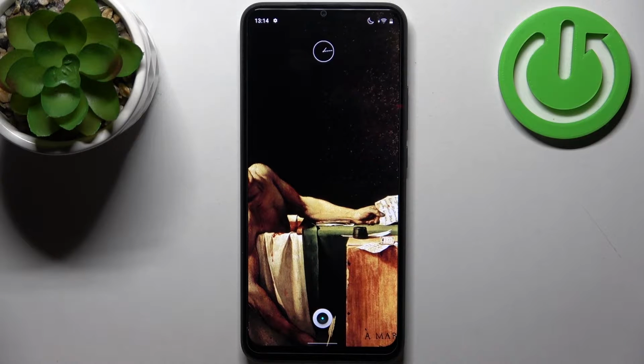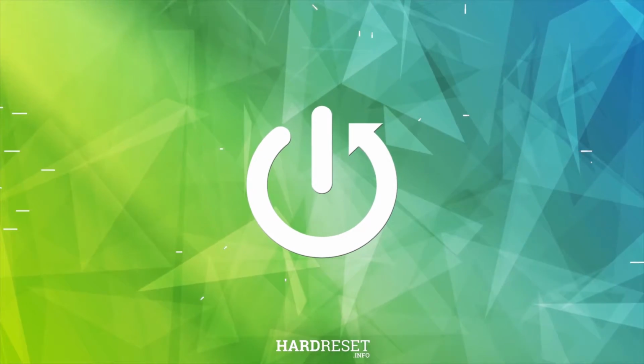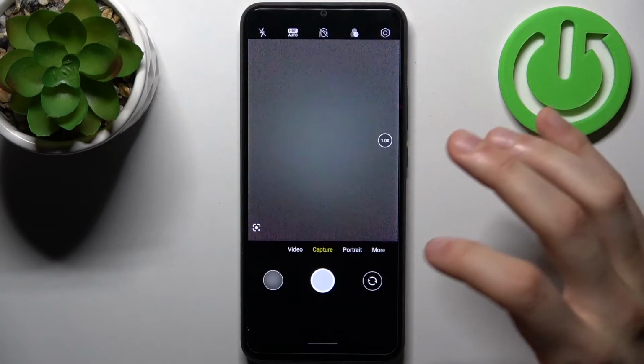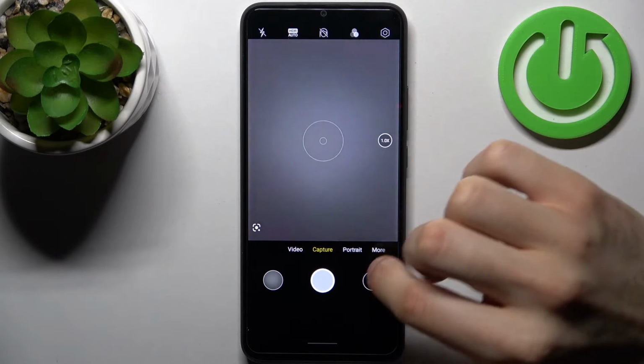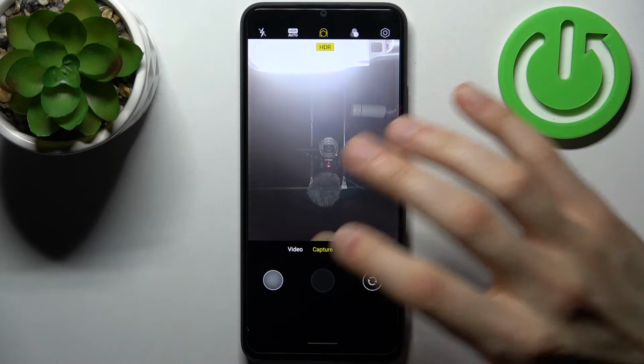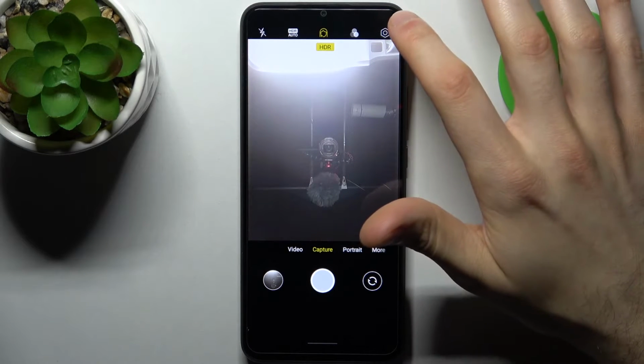Here I have Realme C30, and today I'm going to show you how to turn off the front camera mirroring effect on this device. So firstly you have to open the camera, then switch to the front camera. So let's take one photo with this feature enabled, and now I'm going to show you how you can